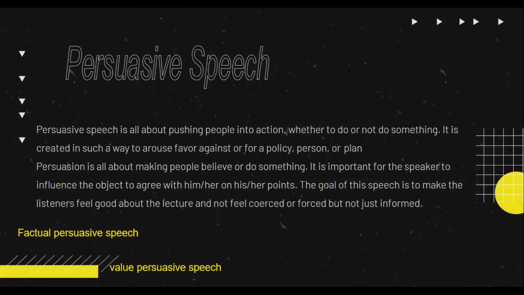Another example could be the topic of abortion, right? We all know that when it comes to abortion, of course, the church is against that. But for the church, using different tools when it comes to producing a child is also a kind of abortion. But for the government, it's not. So that is value persuasive speech. It talks about how morally right a thing is. Next,